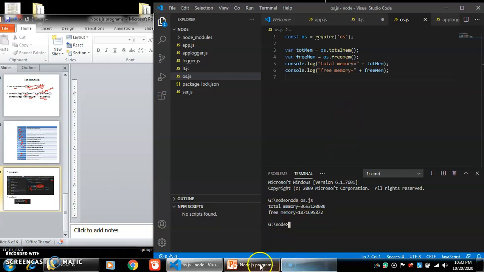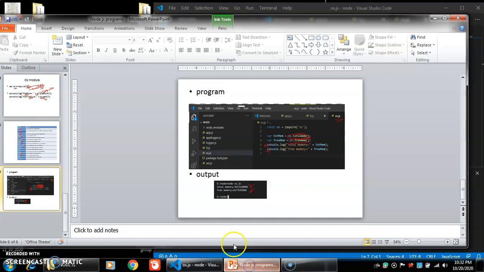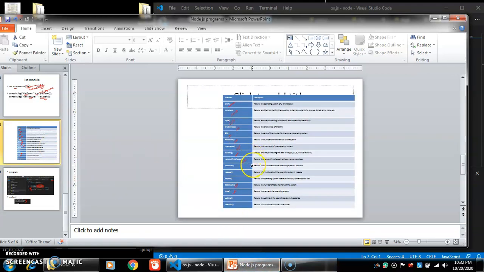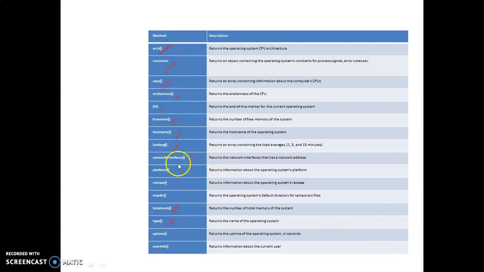Then the second thing I need to tell you is that if I need to retrieve some values like platform or release, then I need to use those functions in my program like this.